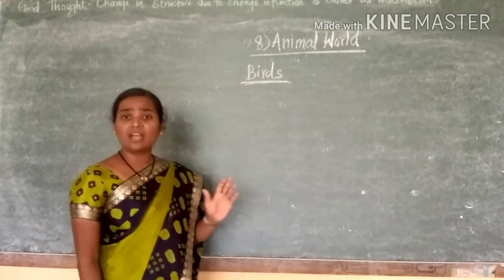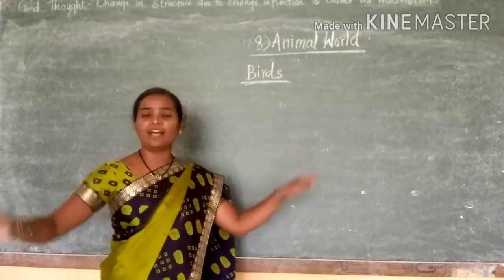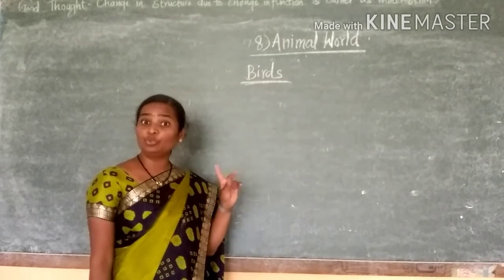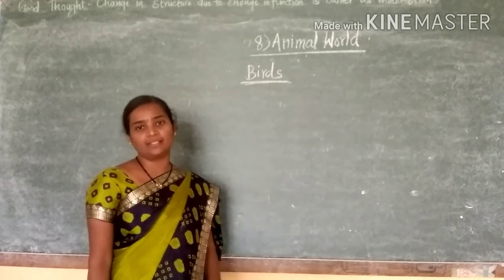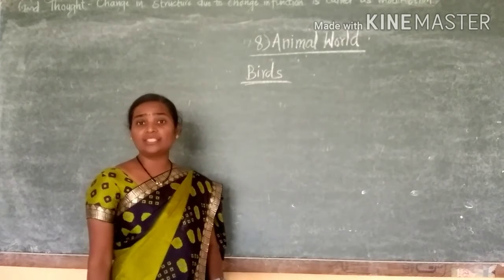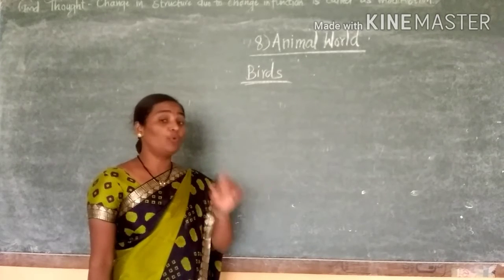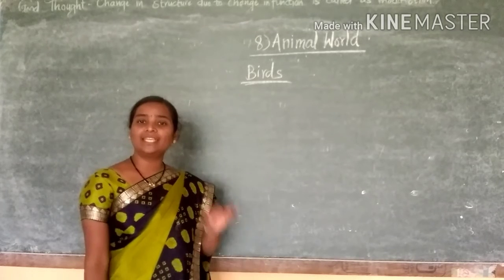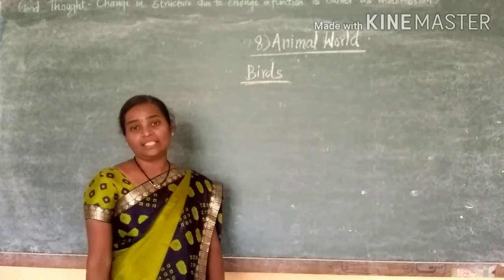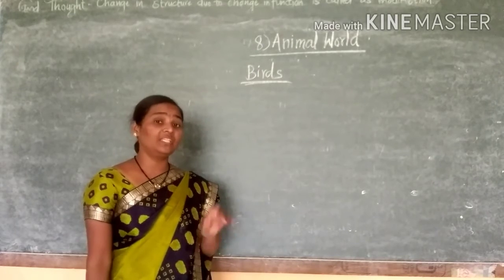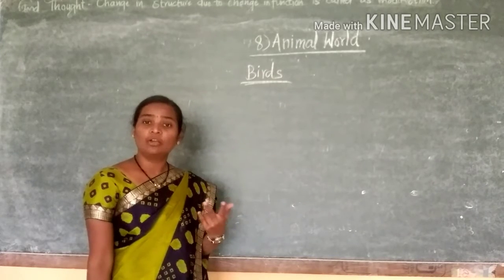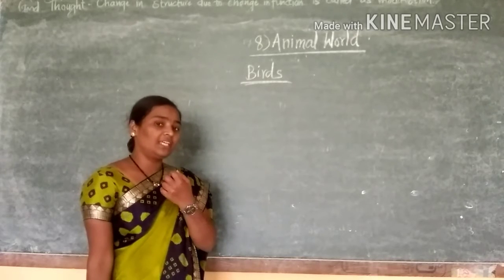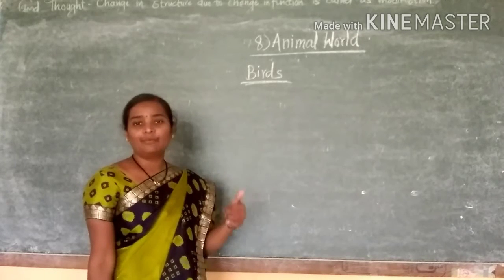Birds. Birds are those animals that can fly in the sky. They are having 2 wings to fly in the sky. You know what? Birds have a very boat-like, streamlined body. And with the help of that, they can fly in the air. They are having a tail, 2 wings, 2 legs. Okay? Beak is also there. This is the structure of the birds.